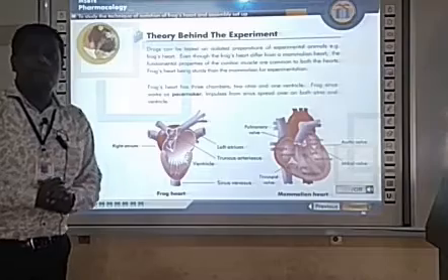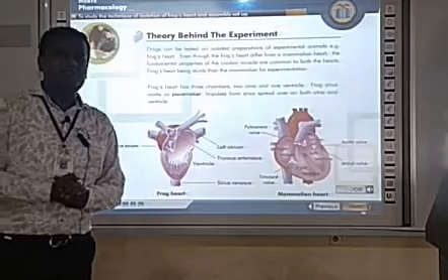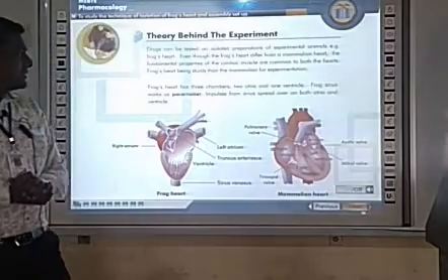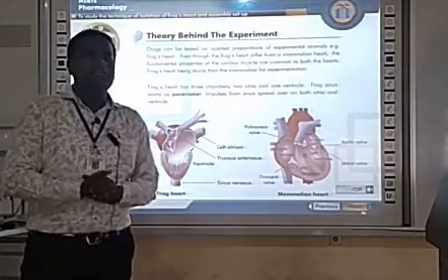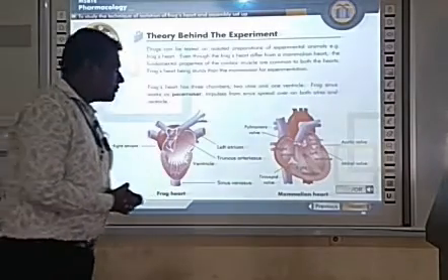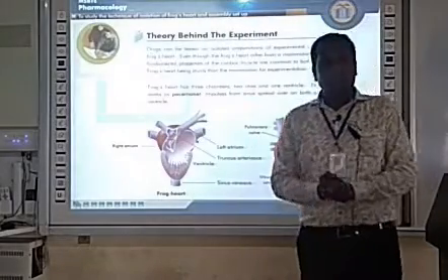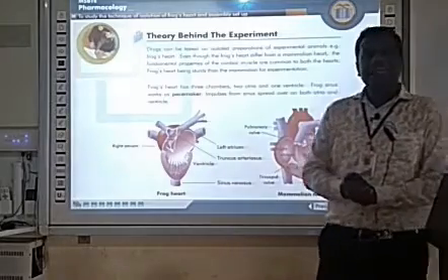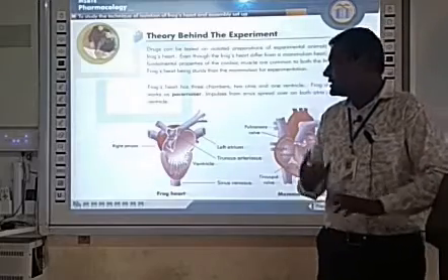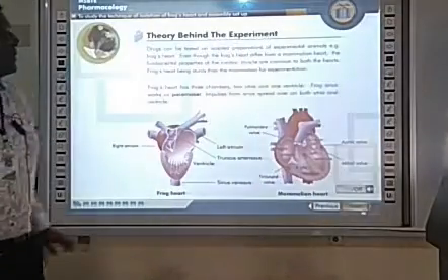How does the frog heart differ from the mammalian heart, that is, the human heart? The frog heart consists of 3 chambers and the human heart consists of 4 chambers. The frog heart has 2 atria and 1 ventricle, while humans have 2 atria and 2 ventricles. In the frog, the sinus venosus acts as the pacemaker. In humans, the SA node, that is the sinoatrial node, acts as the pacemaker. Pacemaker is nothing but impulse generation. So that is the theory behind the isolation technique of frog heart preparation.